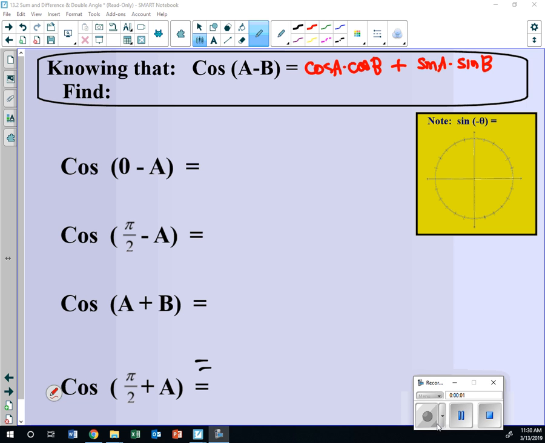So when we're proving all the different identities, we said if you take cosine A minus B, it's CoCo plus CC. And then when we use these, did we go through any of these in class yesterday? Did you do all of them in class? Did we get to this one? Okay, yeah, so you would take this and you'd put a 0 in for the first one, A, and an A in for the second one we call B, and then it will just turn out to be cosine of A, which is weird, but if you think of A as an arc length going up this way, and then